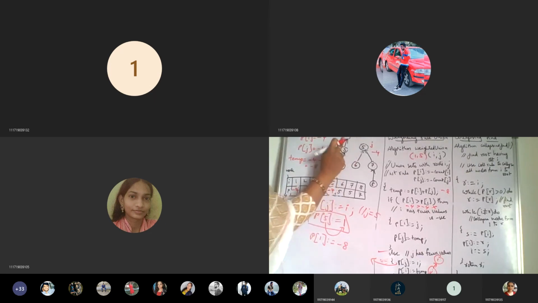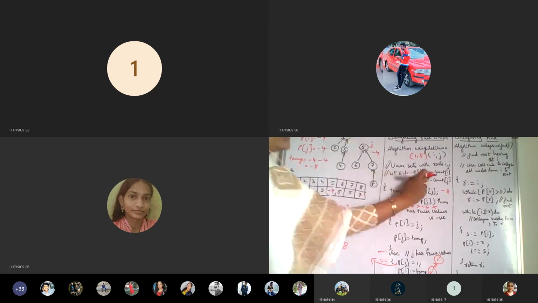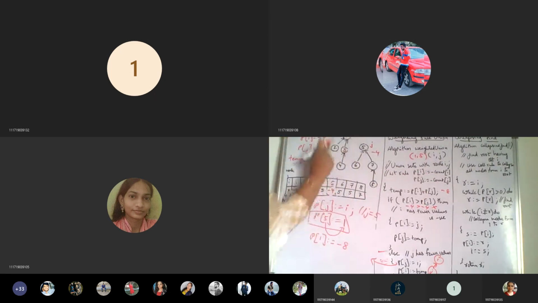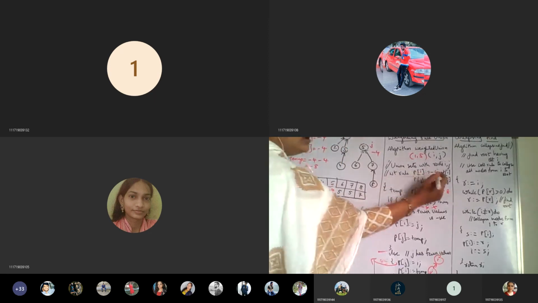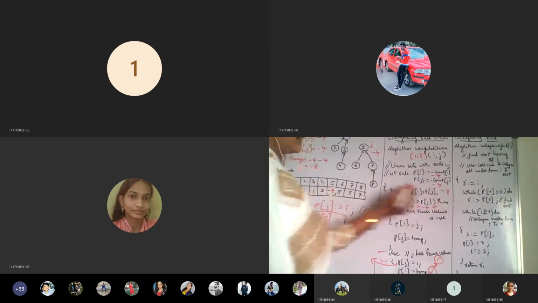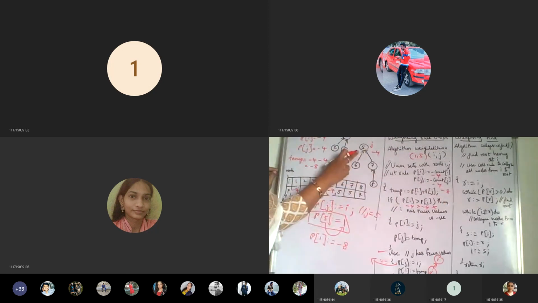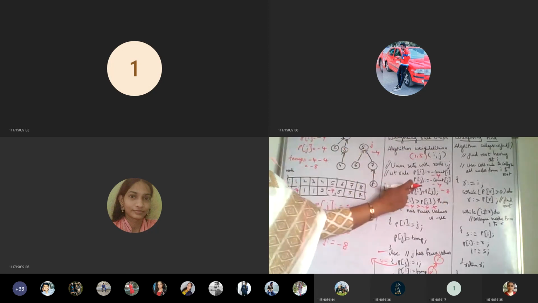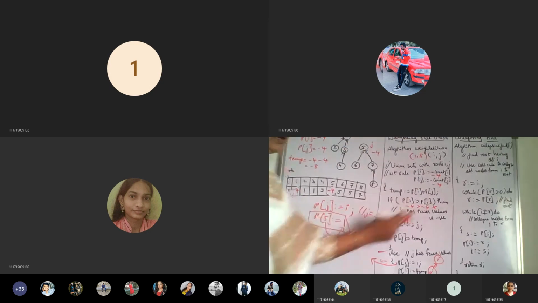The weighing rule of I is nothing but, so negative is for the parent and count of I means at node I how many nodes are there? Count the number of nodes. So that will be minus 4. Count of J is nothing but minus 4. So J is nothing but 5. At that, how many nodes are connected? Is that clear till here?